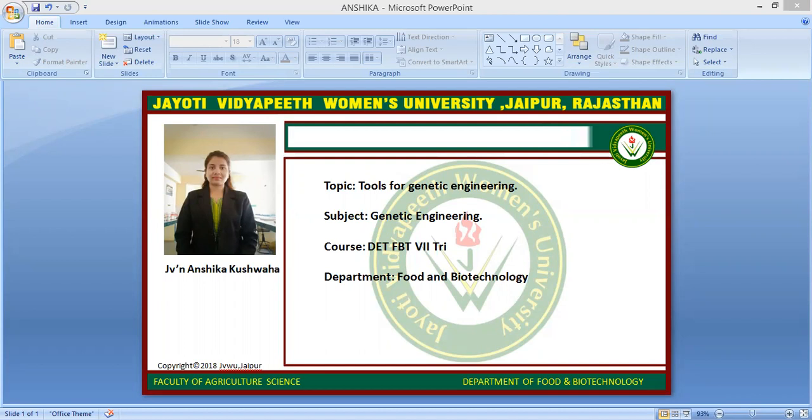So there are some important molecular tools in genetic engineering. First one is PCR. PCR, polymerase chain reaction, is the process of replicating multiple copies of a gene of interest. The discovery of thermostable DNA polymerase such as Taq polymerase has made it possible to manipulate DNA replication in the laboratory. It amplifies the quantities of a DNA segment. Primers are used to identify the gene of interest and replicate them. These copies can be separated and purified using gel electrophoresis.